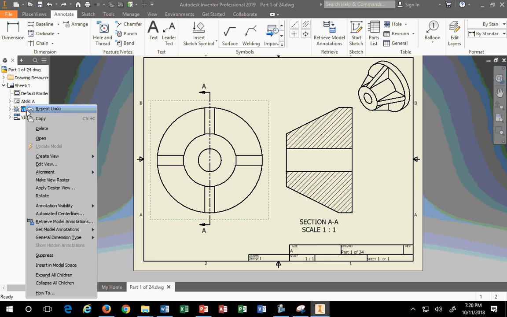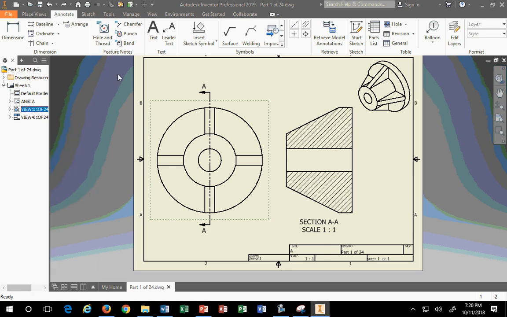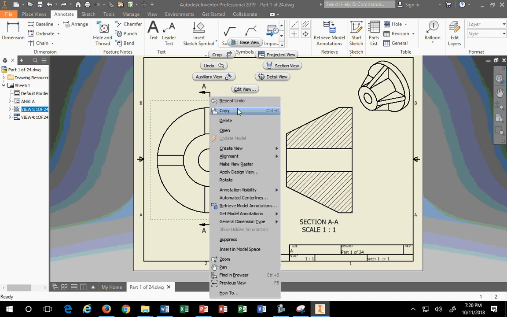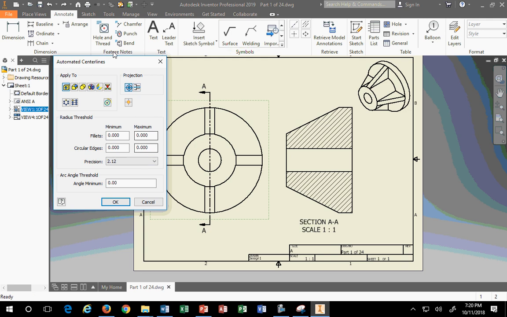So if I go to right mouse button, I have automated center lines, I have annotation visibility, I've got retrieve model annotations. Do you see that? If I click on the view out here and do right mouse button, retrieve model annotations. Do you see that? Automated center lines is also extremely useful. So when I click on that, anything round, anything with a fillet, cylindrical features, see that? Revolved features. Pretty much if I pick everything, objects in view, everything. If I hit OK,